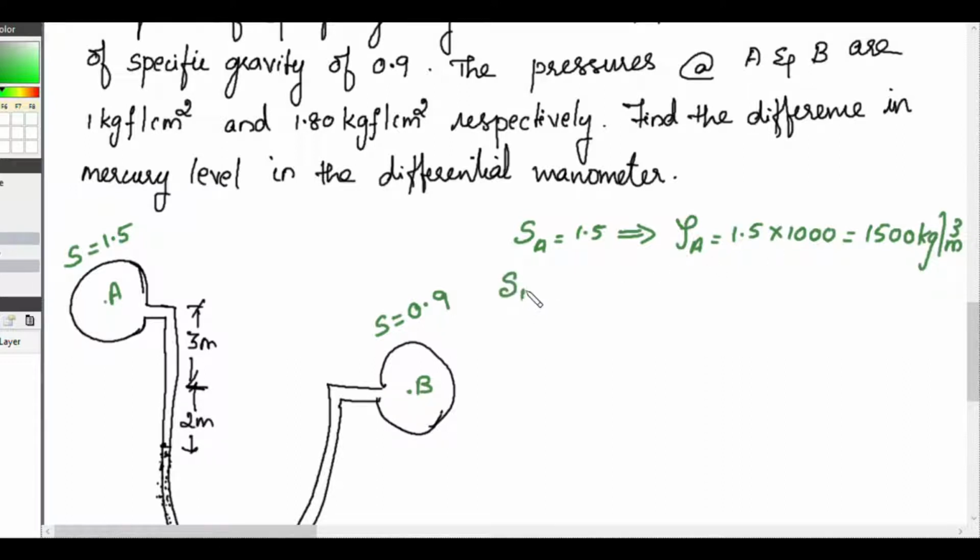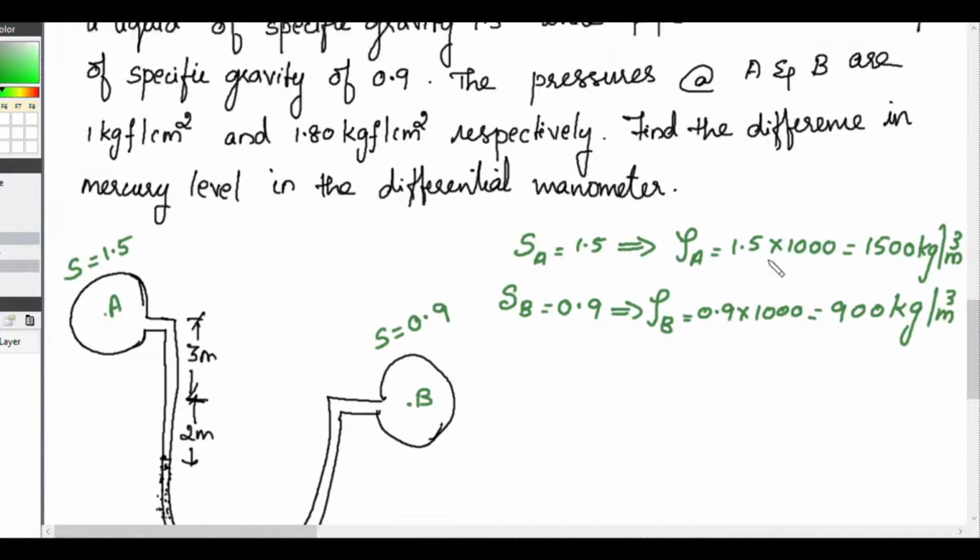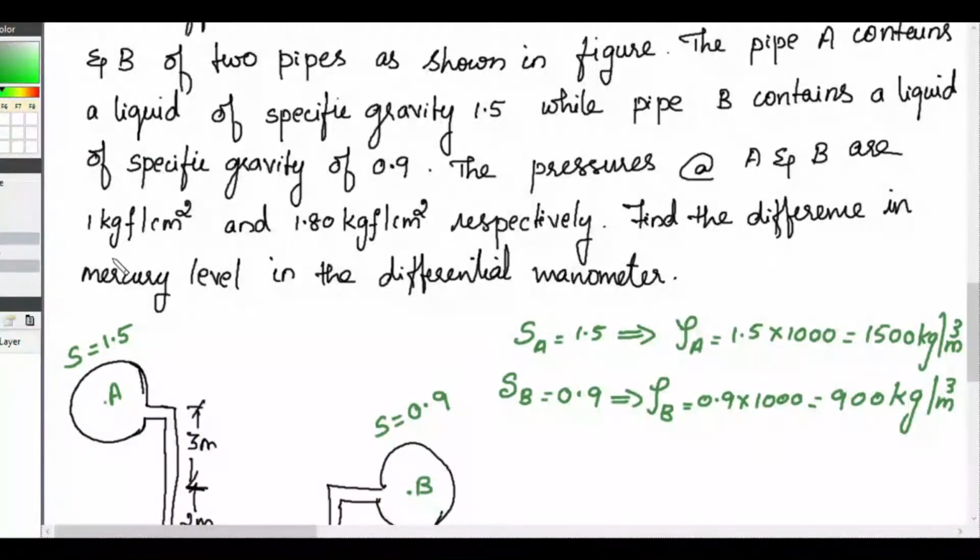Similarly, the specific gravity of the liquid at B is 0.9, so the density of the liquid at B is 0.9 into 1000, which gives 900 kilogram per meter cube. Now, the next thing given is the pressures at A and B are 1 kilogram force per centimeter square and 1.80 kilogram force per centimeter square respectively. That means our pressure at A is 1 kilogram force per centimeter square, so that is equal to 1 into